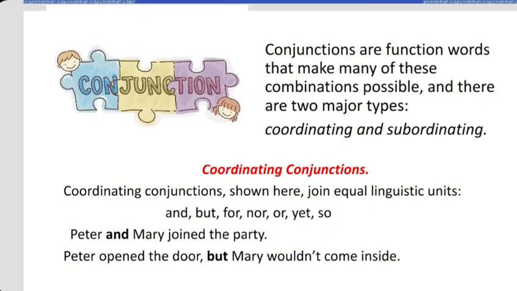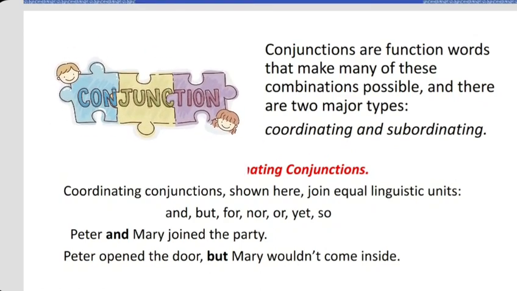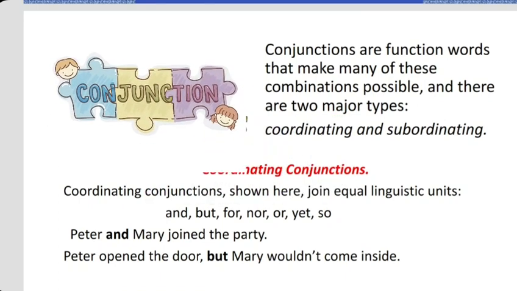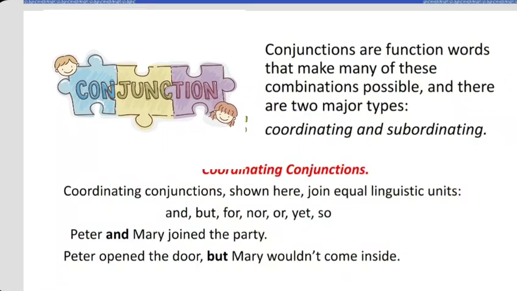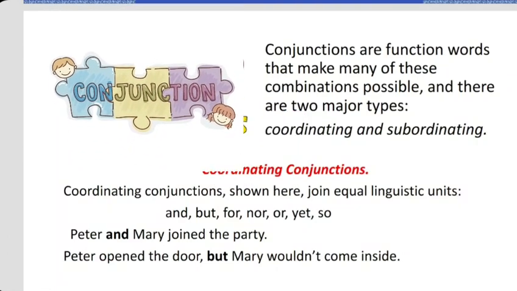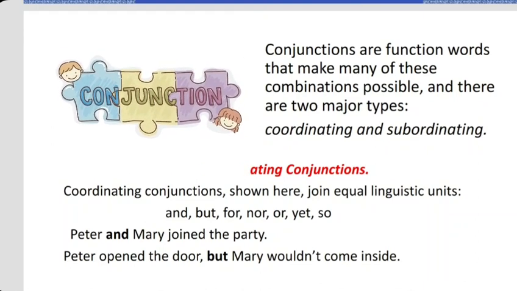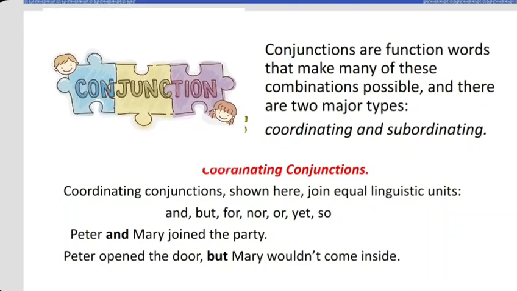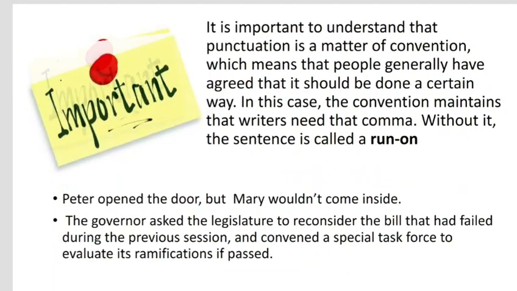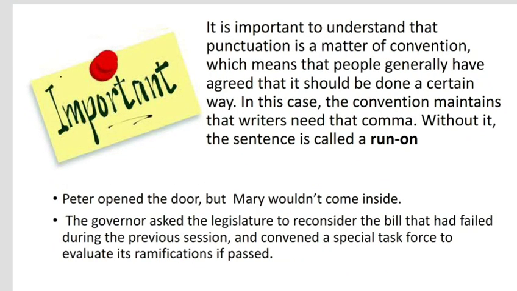show here join equal linguistic units. We have and, but, for, nor, or, yet, so. For example, Peter and Mary joined the party. Or, Peter opened the door, but Mary wouldn't come inside. Important. It is important to understand that